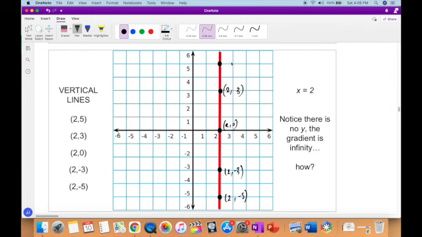And this point here is (2, 5). So you can see that the line is vertical. The y values are always changing, right? But on the vertical line, the x values stay the same because it's always at one x level. X is always 2 on this vertical line here. So this equation of this line